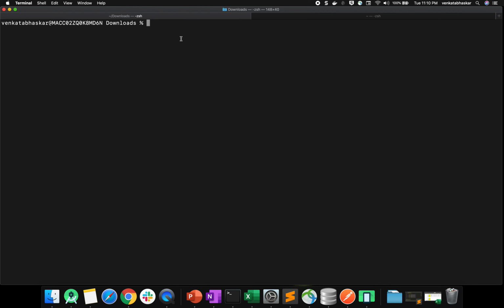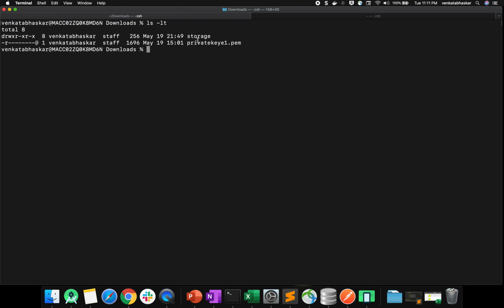Now how can I do SSH, secure shell, SSH? Let me see if my key is available or not. Yeah, my private key is available. If you see the permissions, only read access should be there. If you have some other permissions, go and change this particular permission: chmod 400 private key.